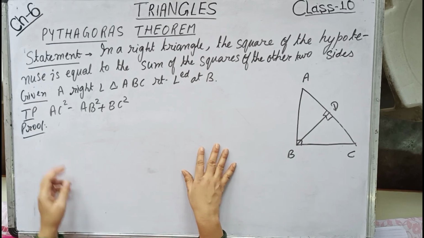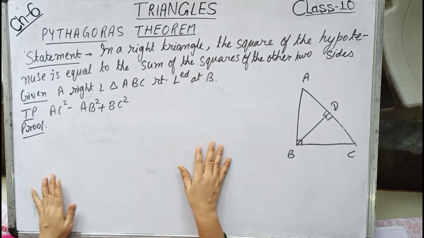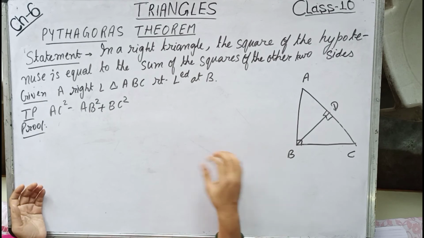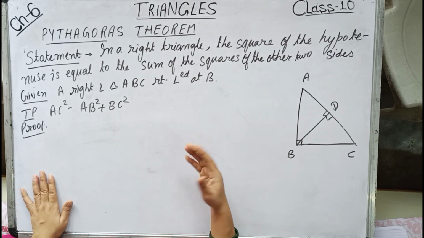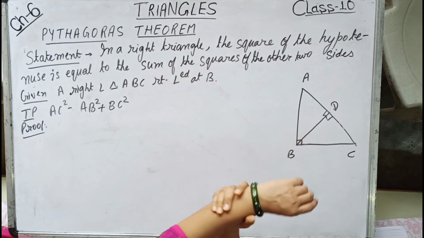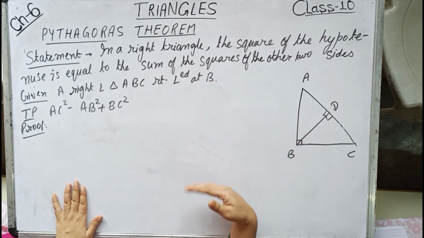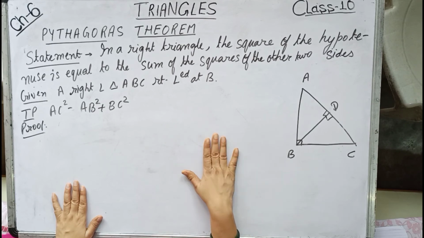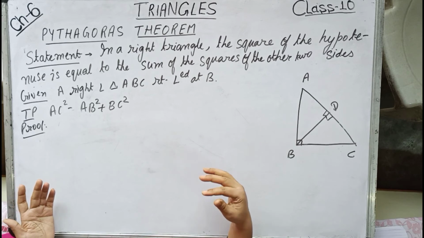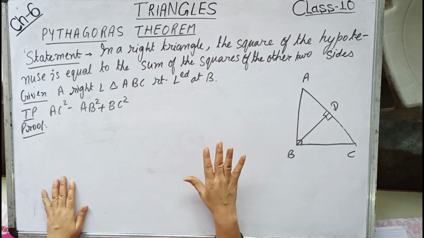So in that case, the statement of the Pythagoras theorem you have to write, or the statement will be given, but it will not be mentioned that this is Pythagoras theorem. Simply the statement will be written that prove that in a right triangle the square of the hypotenuse is equal to the sum of the squares of the other two sides. Then you should understand that actually we have to prove Pythagoras theorem. Now, Pythagoras theorem we are using from the junior classes, but the proof is there in the standard 8 syllabus.